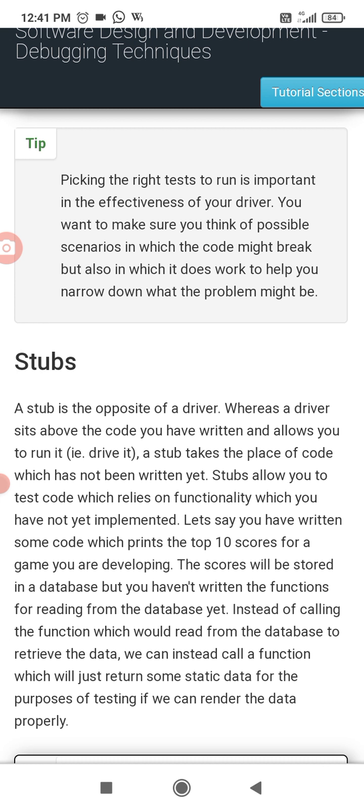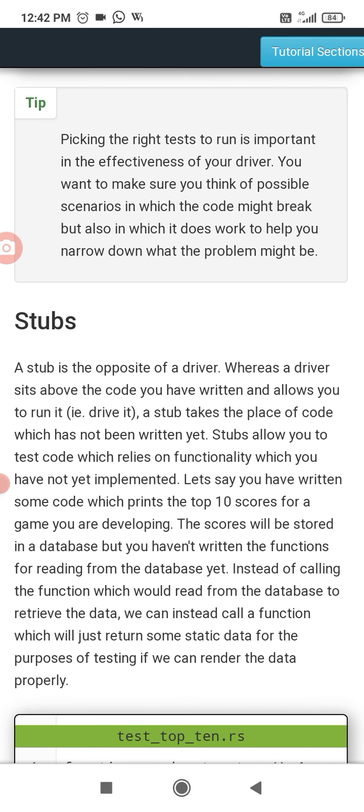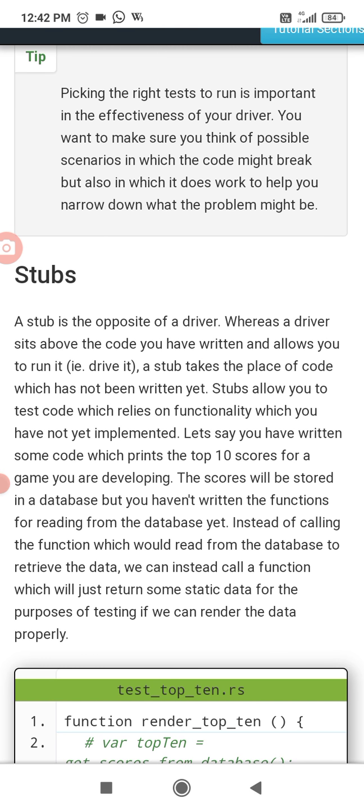Whereas a driver sits above the code you have written and allows you to run it, that is, drive it, a stub takes the place of code which has not been written yet. Stubs allow you to test code which relies on functionality which you have not yet implemented.